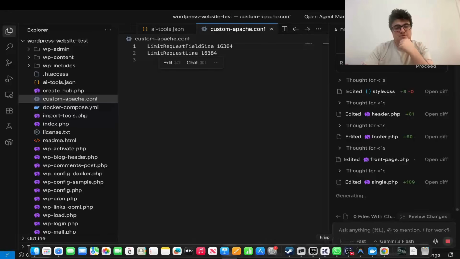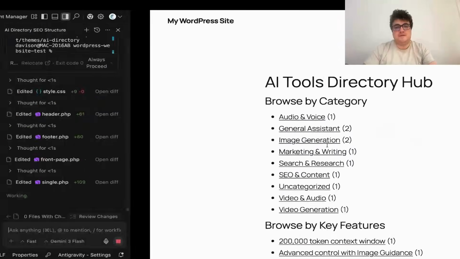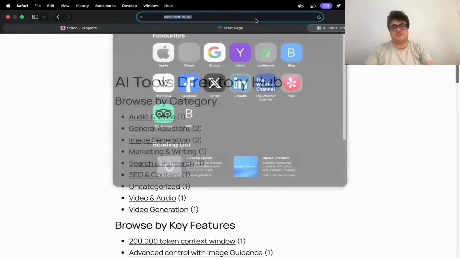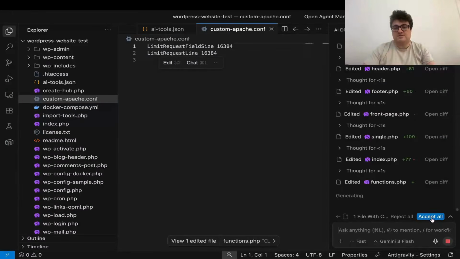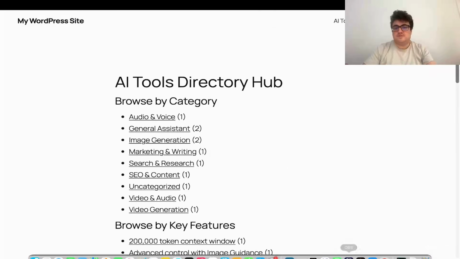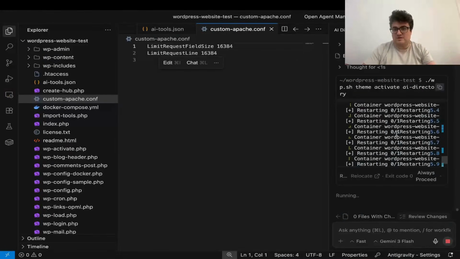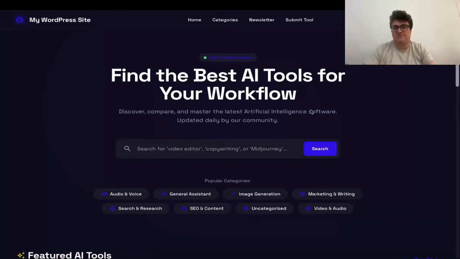So the reason that I stopped using local WordPress, by the way, a lot of people still ask me about local WordPress. The main reason is it can't run its own CLI commands, right? So you would have to run a lot of the commands manually. So for example, if you wanted to change theme, because obviously right now nothing is changing here. The reason being is because the theme is staying the same. So we actually have to change the theme here, right? So the way to do that is through CLI commands, right? But previously, just like literally a year ago or 6 months ago, so now you can see it's just changed the theme using CLI. So now when I refresh this,